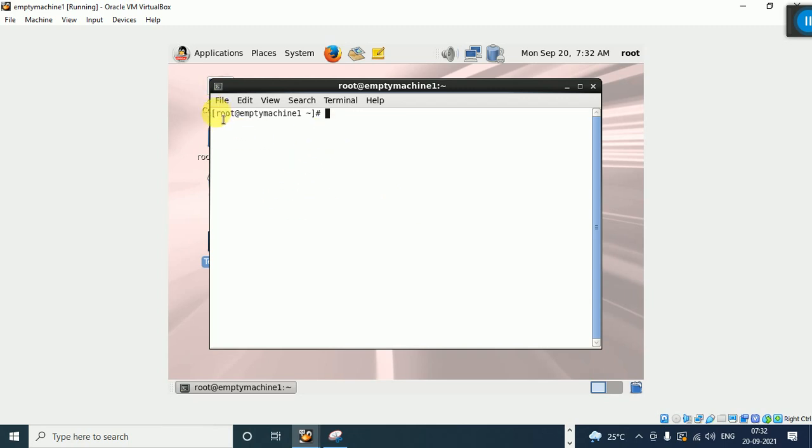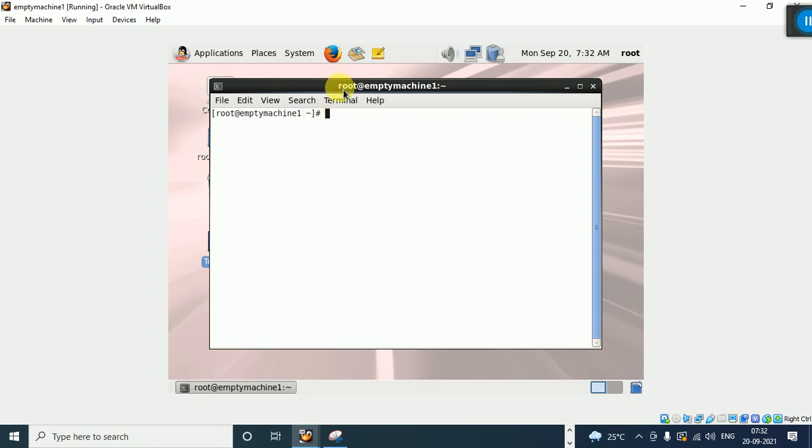You can see what this is. This is the username, the user we logged in as, the root account. The @ sign is followed by the host name, the machine's shortcut name without the domain name. Before the @ is the username. Hash means we logged in as a root account. So it should be hash.